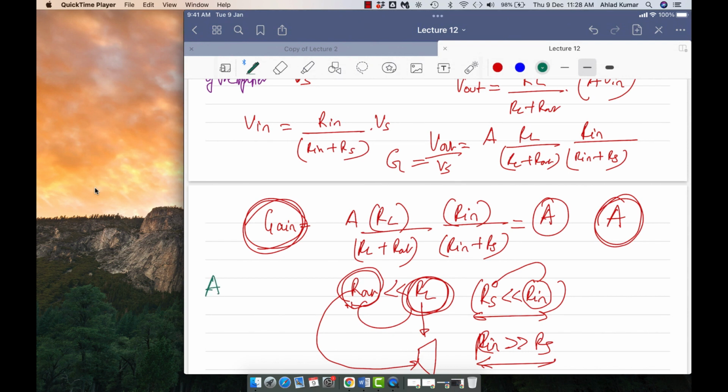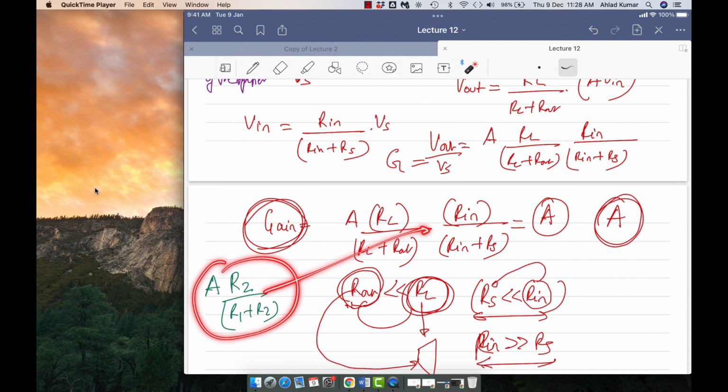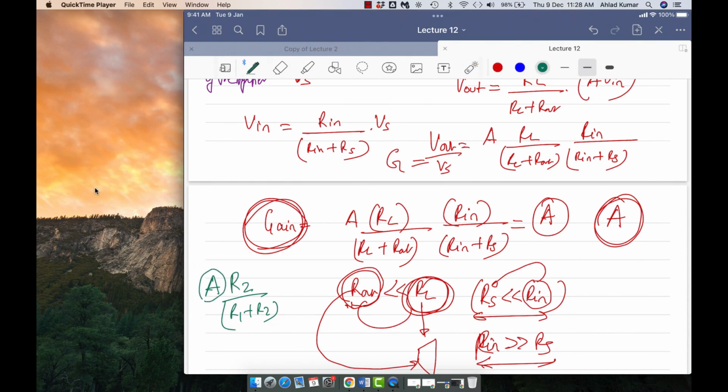So in some of the examples you will find your A, and then there will be a ratio of the resistances like this. Do not confuse this with this here. I'm just giving you a hypothetical cooked up example. So later on in the exercises you will find something like this. Here, if you want to calculate 3 times A, you know that you can do it by, no, it will not be like this. It will be the other way around: R1 plus R2 divided by R2.